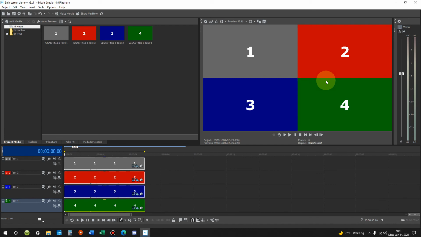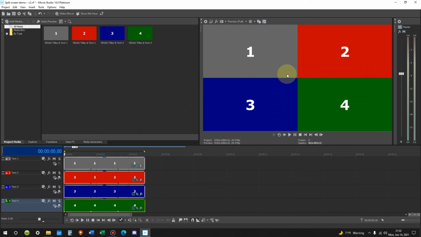Then look at your editor, if it's something other than Vegas Movie Studio, and apply the same concept based on yours. You might have to go the opposite way and divide by 2 instead of multiplying by 2 your resolution values to mess around with your frames and turn them into quarter frames. But the concept is the same. You basically want to take what's a full image that takes up this whole screen and make it a quarter frame. Okay, so that's it for the basic in-editor sample of how to set up